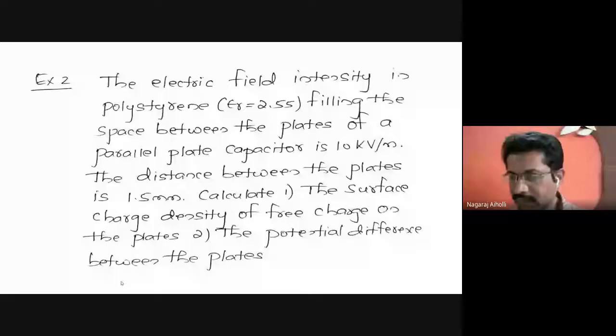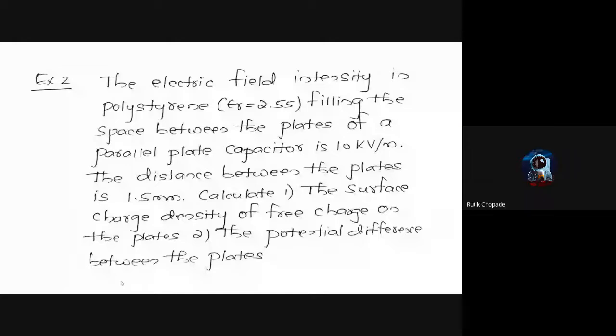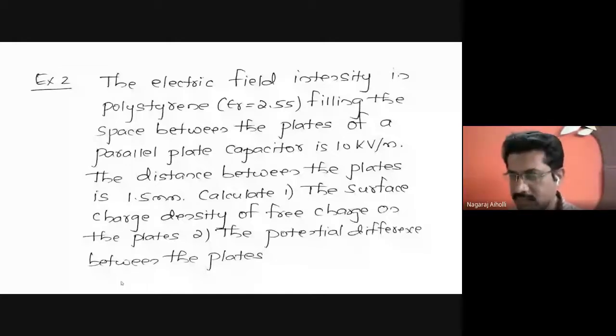Rho s is same as that of the electric flux density, correct? Yes, sir. Same. Then now we discuss the point here. Same it is, is it not? So rho s is equal to D. Okay, we have found out the first part of the numerical. Fine. What about the second part?